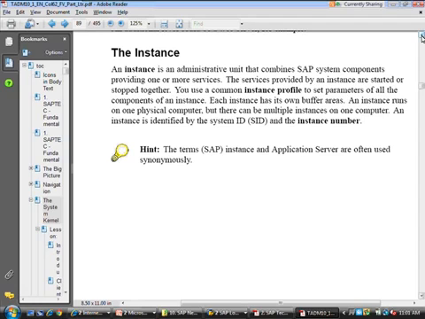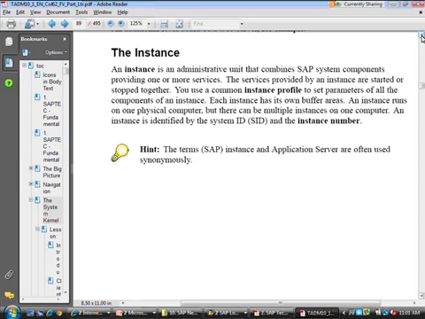Different SAP system components in the NetWeaver stack which are providing one or more services are combined together and called an instance. The services provided by an instance are started or stopped together. When you say startup, all of them start up together. When you say shut down, they all shut down together.